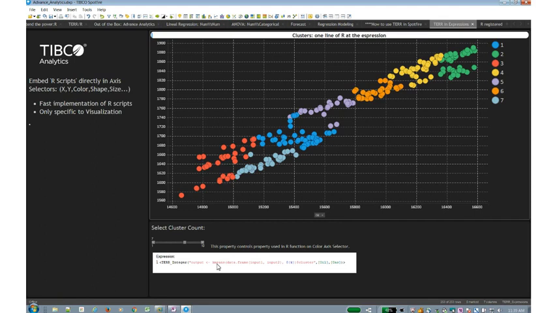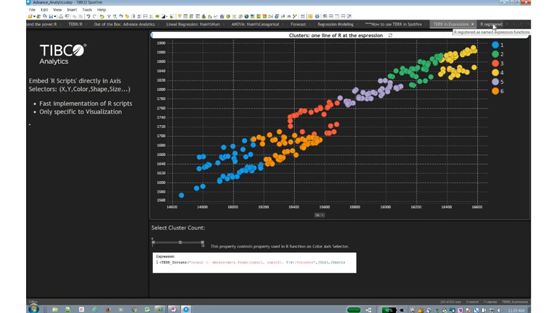But the good thing is that you're not tied to just running the script there. You can also create the script, but then parameterize the script. So then externally, you can create little property controls that allow you to tweak and change the inputs of that property or of that function. So here I'm executing a k-means cluster, and I'm passing in a parameter that allows me to determine how many clusters I want to group. And the user can create little properties that allow your consumer to change those properties. So these are different ways to allow users to leverage R right out of the box.